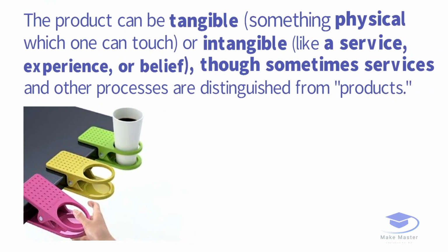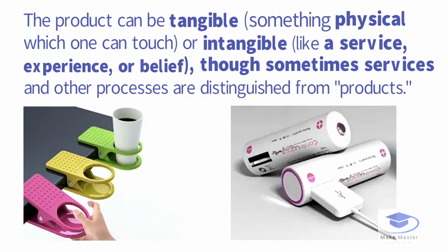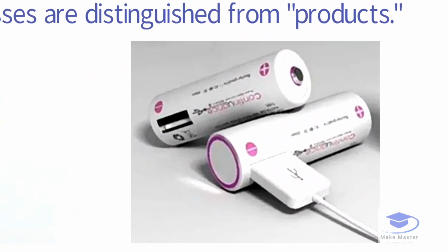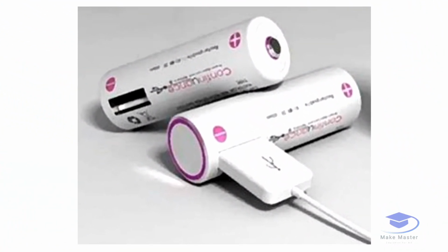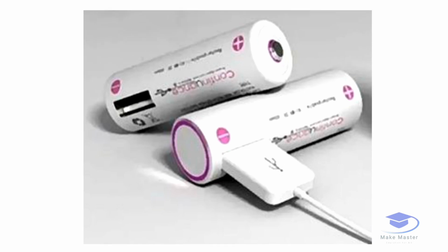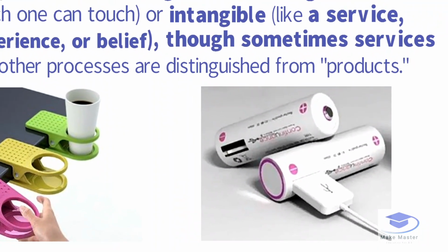Then the second one is the battery with USB charging. Everybody is using AAA or AA batteries in day-to-day life, but after use they are throwing the batteries out. So instead of that, we can come up with a new idea: we can buy a battery which has a USB charger. Then after it finishes its life, we can charge it again and use it repeatedly. This is a kind of new idea that is coming up.